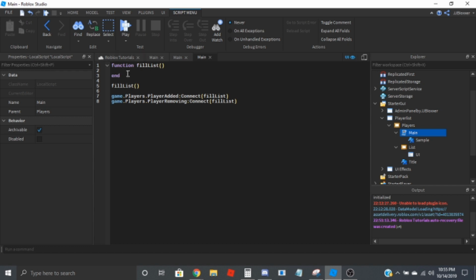So everything in this function will fill the list. So basically, once the function is called, we're going to want it to duplicate the sample and manipulate it, and then put it inside of the list. Obviously, this is just going to put the player's name in there. You can make a frame where you can have like icons and stuff, and the player's level, and blah blah blah, just like all that stuff in there. But I'm just going to do basic, just to give you guys an idea of what you can do with this. So, we're going to get all the players from